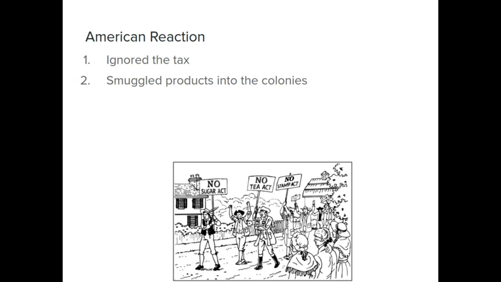Again, this got to the point where the British allowed tax collectors and the military to search ships, factories, and buildings where they believed that smuggled products were, without much of a reason other than they just suspected it. This was where you have the cry out from colonists, no taxation without representation. They weren't against taxes necessarily. They were against the idea that they were being taxed without any representatives in Parliament deciding for them. So, no taxation without representation became a common cry from the colonists.